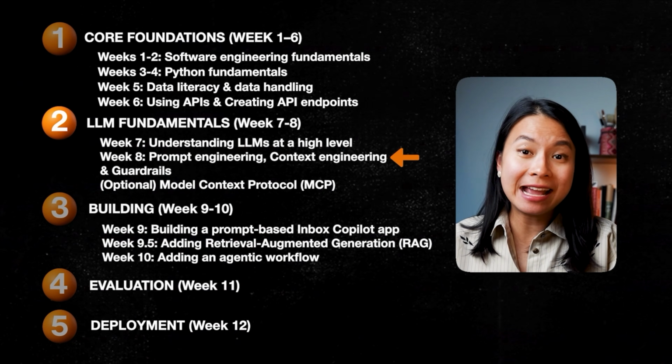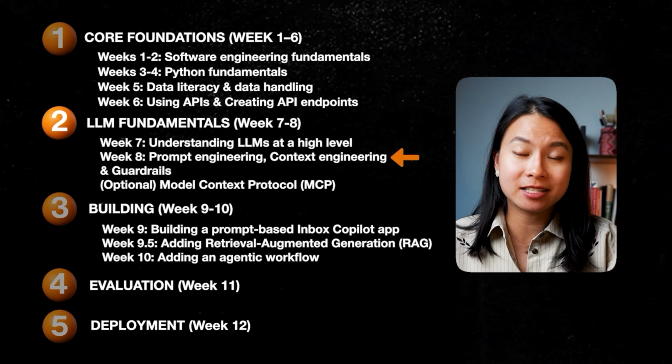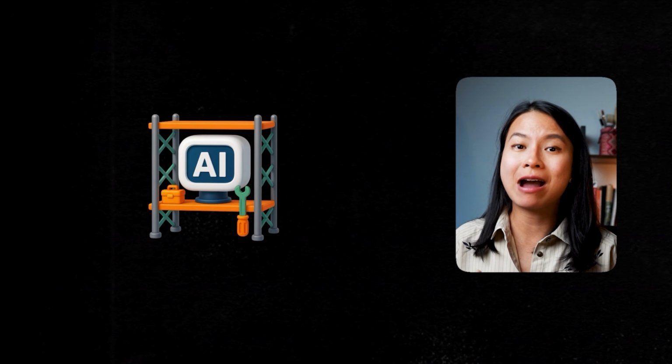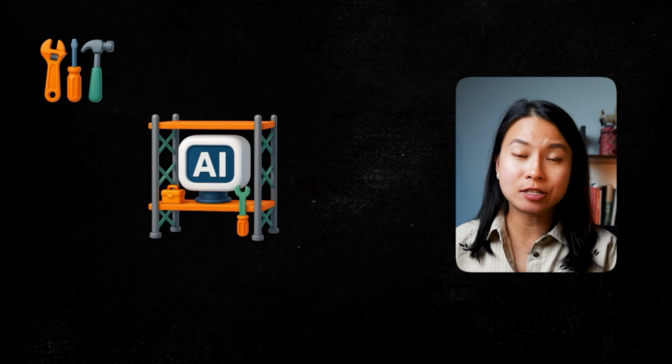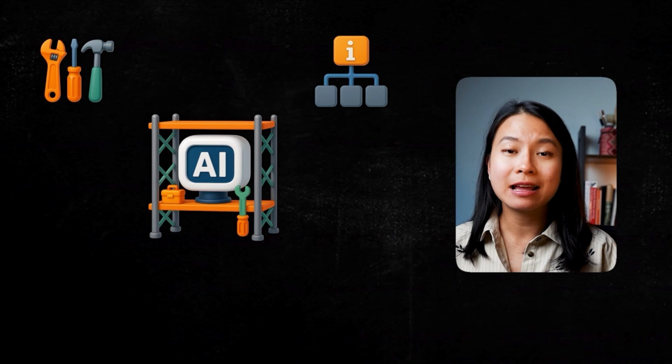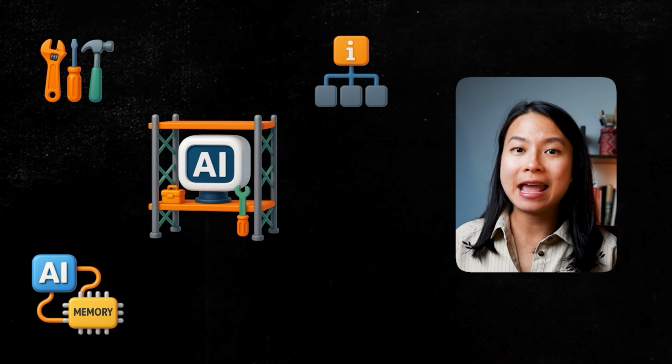Now, moving on to week 8, we have prompt engineering and context engineering. Even the most powerful AI model might struggle without the right context. A lot has been said about good prompt engineering techniques, and you can check out my previous video over here to learn more. However, as your AI app grows, you want to think about context engineering, or the bigger picture version of prompt engineering. The context here is the entire scaffolding around an AI system. What tools it has access to, how information is structured, what memory it keeps track of, and how it adapts